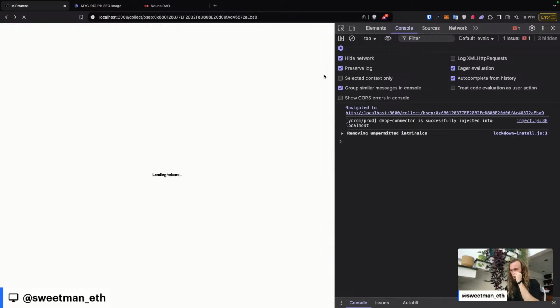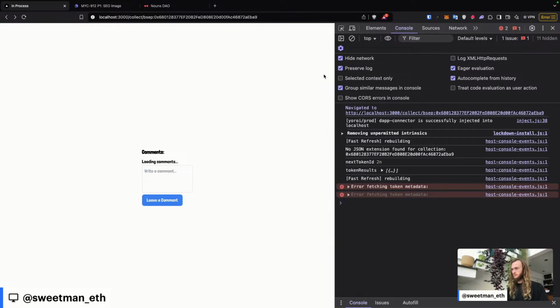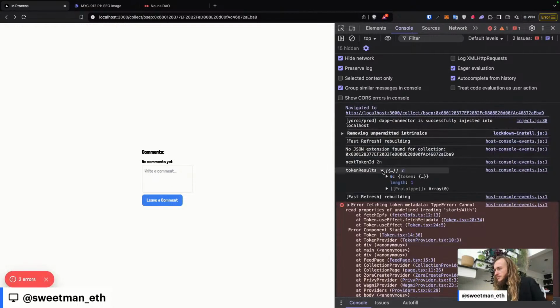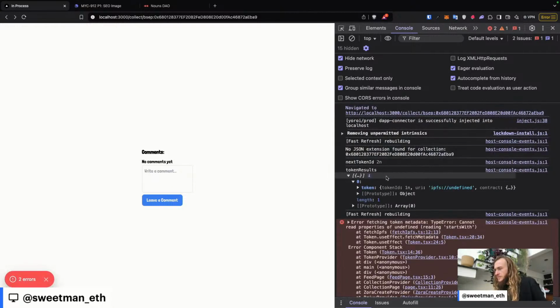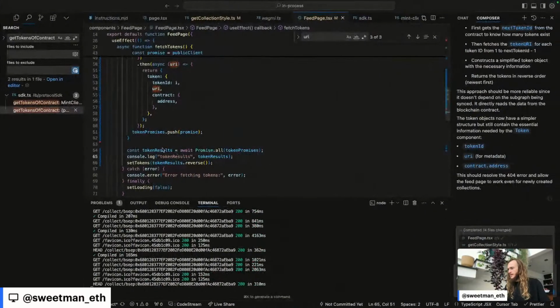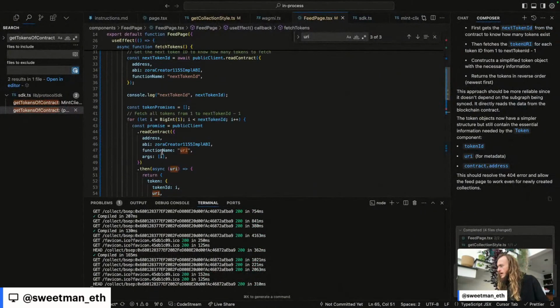Loading tokens. Okay, it looks like we were able to get token ID, token results, and for each token, URI is undefined, but we at least have the contract and the token. So URI is currently undefined, and we're getting URI